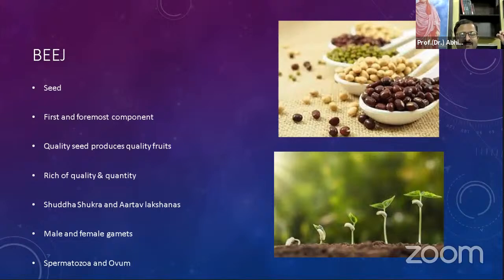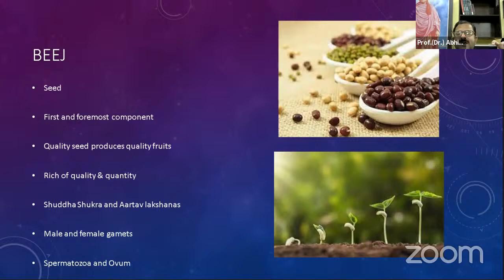Again, I am emphasizing quality and quantity of the seeds, because we know that a quality seed produces quality fruits. Okay, if there is quality in the seed, the fruit will have the same quality. Okay, just now we have enjoyed the summer season, and we have enjoyed the mangoes. Okay, so we have all enjoyed mangoes. So you might have observed that if you are eating 4 or 5 mangoes per day, and out of that 4 or 5 mangoes, if you observe that a particular mango is sweeter than the other mangoes, then